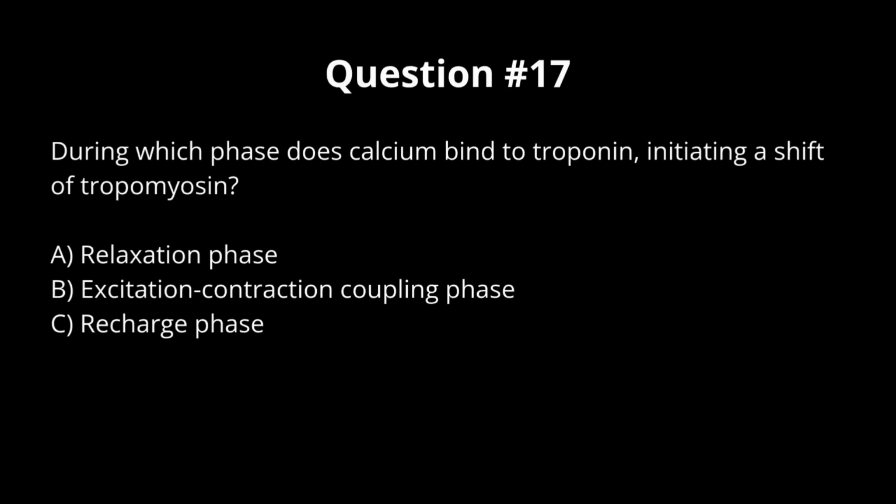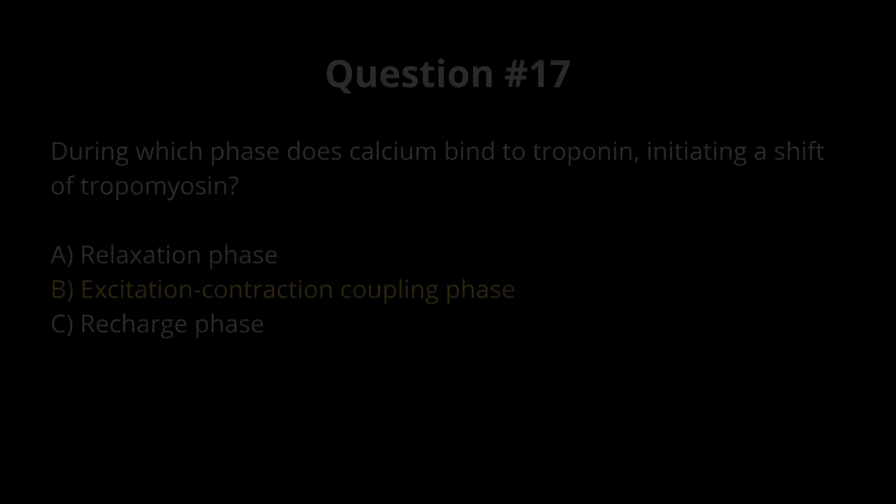Question number 17. During which phase does calcium bind to troponin, initiating a shift of tropomyosin? A. Relaxation phase. B. Excitation-contraction coupling phase. C. Recharge phase. The correct answer is B. Calcium released from the sarcoplasmic reticulum binds to troponin, moving tropomyosin and exposing actin binding sites in the excitation-contraction coupling